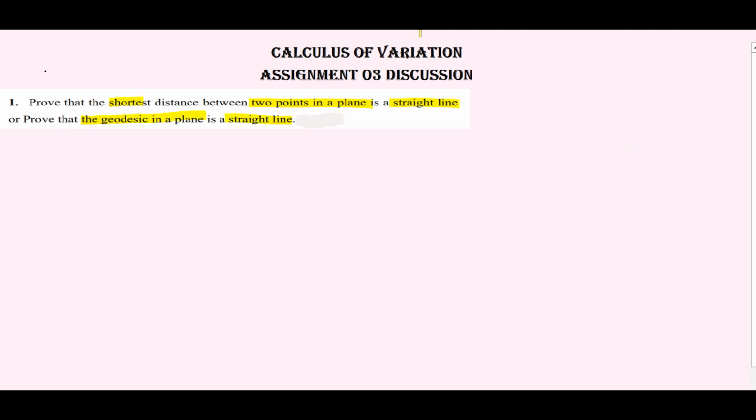So first of all, I am going to clarify the new word coming in front of us, that is geodesic. I am going to clear what the geodesic is, then I will give the whole proof of the given problem first. Geodesic means the shortest distance